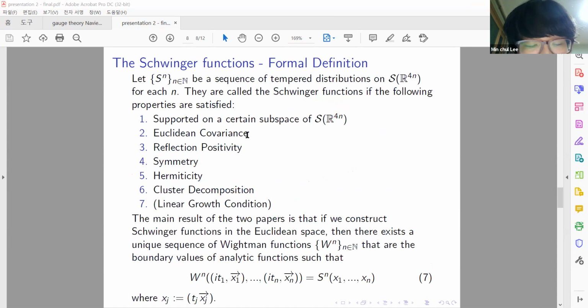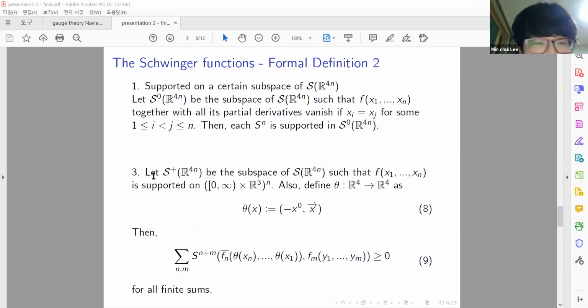And also the Euclidean covariance is very much the same as the relativistic covariance. So I have just omitted this statement. We just have to replace the restricted Poincare group with the Euclidean group. And third,